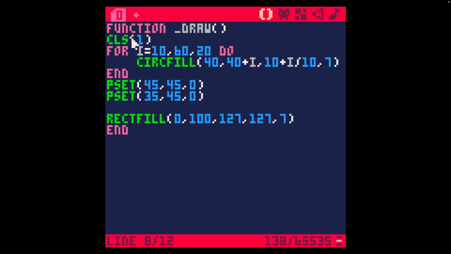So I cleared the screen, I set up a for loop that went from 10 to 60 in steps of 20, so 3 times, and I drew a circle, and it uses the I divided by 10 to alter the radius of the circle, and obviously the color is 7. And then I set 2 pixels for the eyes, and I set a rectangle filled for the ground. So now we're going to add some snow,